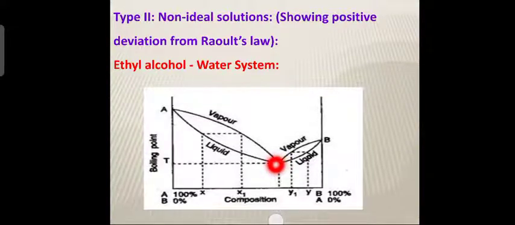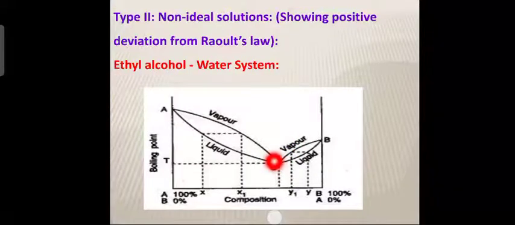That means your vapor phase will have the azeotropy mixture composition. At the point C, the boiling liquid as well as the vapor phase or distillate will have the same composition. So you can separate one component in the liquid phase, that means the boiling liquid will contain one component, the component corresponding to B, and the vapor phase corresponds to this composition.